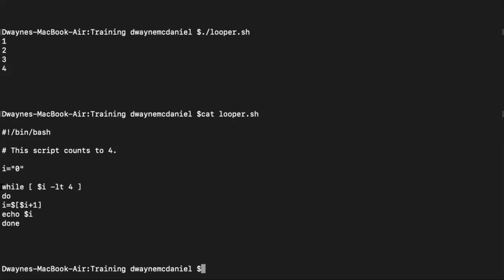Now we're saying while, and we're evaluating a statement again. Square brackets tend to mean evaluations in Bash. So while we're evaluating the statement, do literally this thing until we're done. Again, very simple syntax with this: while, do, done. So while i is literally less than, LT, for do i equals, and this might be a little confusing when you first